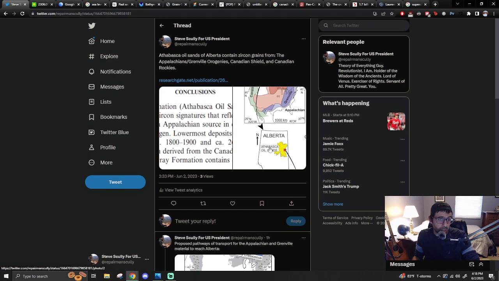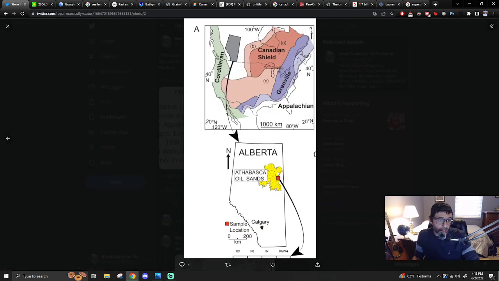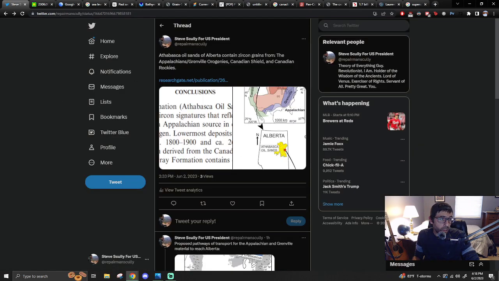Athabasca oil sand here in Alberta. Here's the Canadian Shield, which I think actually goes over there too. I'm not sure why it's like this, maybe where it's sourced from. Grenville, which is also Appalachian, I guess here. And then Cordilleran here. These sands here, hanging out here, contain zircon grains from all of those places,